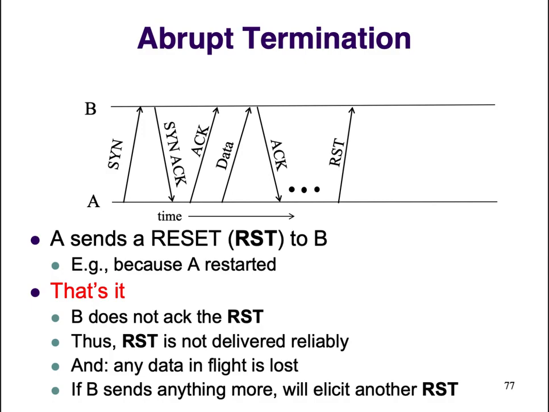There was the intended use and then there's the current use, but let's first talk about the intended use. The intended use is typically, imagine that A had rebooted or restarted, or your process crashed and you reset. So when A reboots and comes up, it no longer has that connection state. But B doesn't know this, and so B is sending data to A. So sometimes A receives